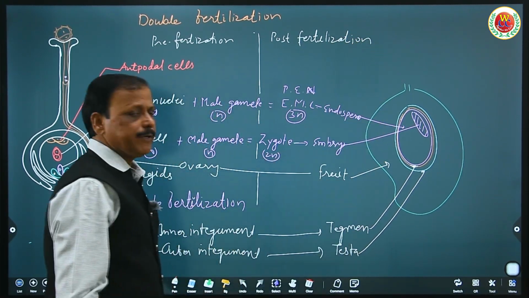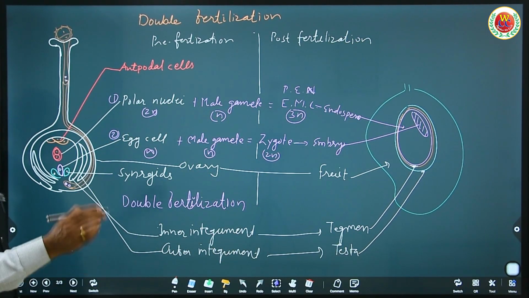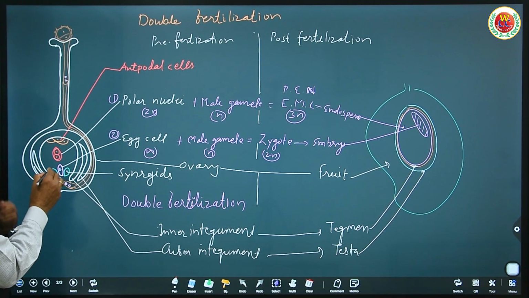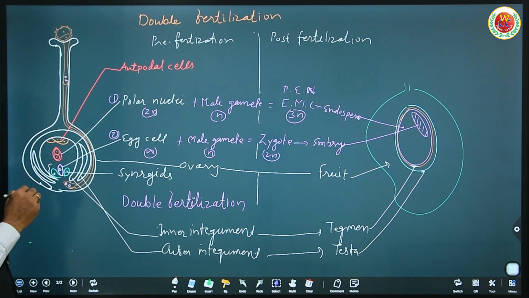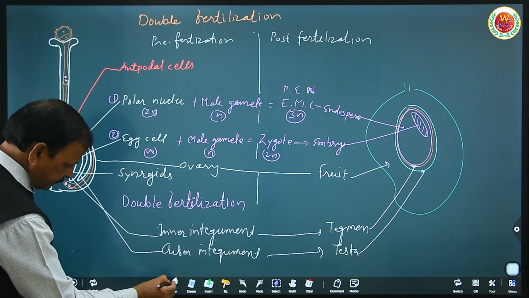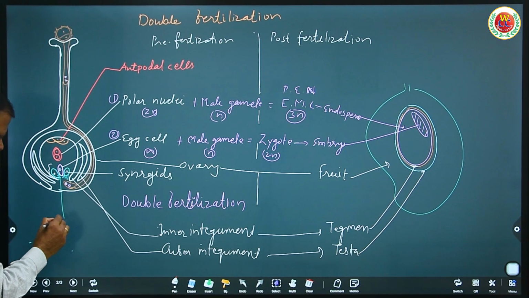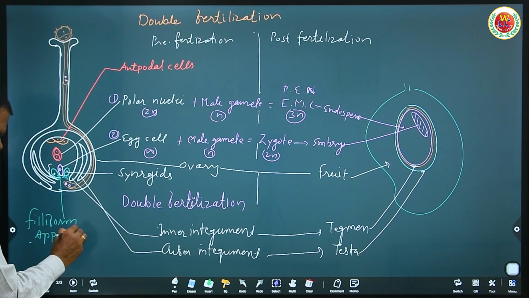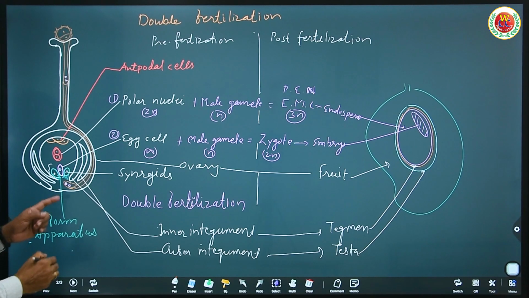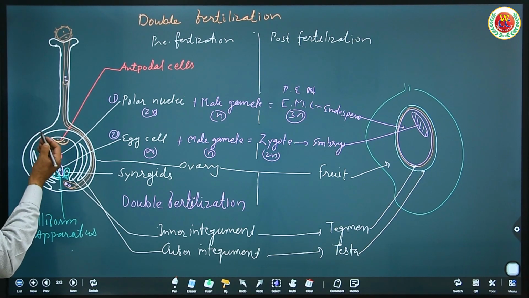So here double fertilization is completed. To understand these three cells together, the egg and two synergids, it is called the egg apparatus. Here there is a finger-like cytoplasmic extension in the synergid called the filiform apparatus. The filiform apparatus